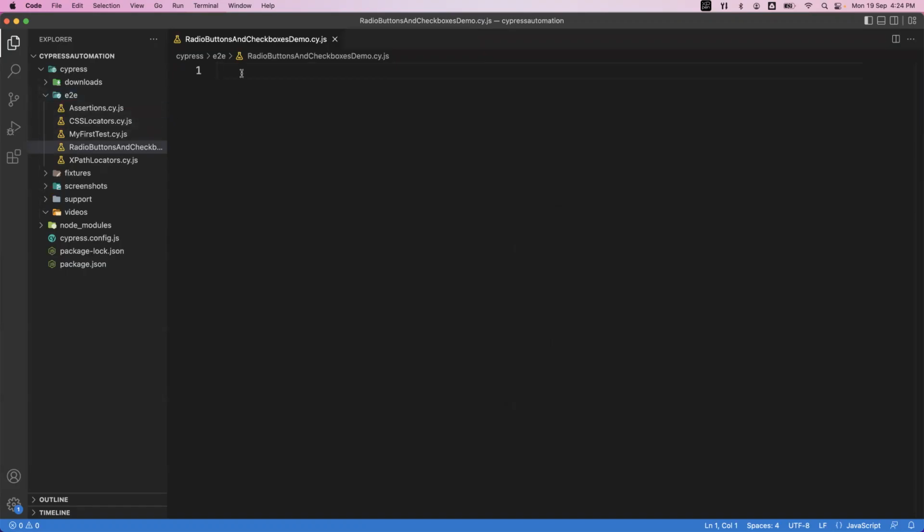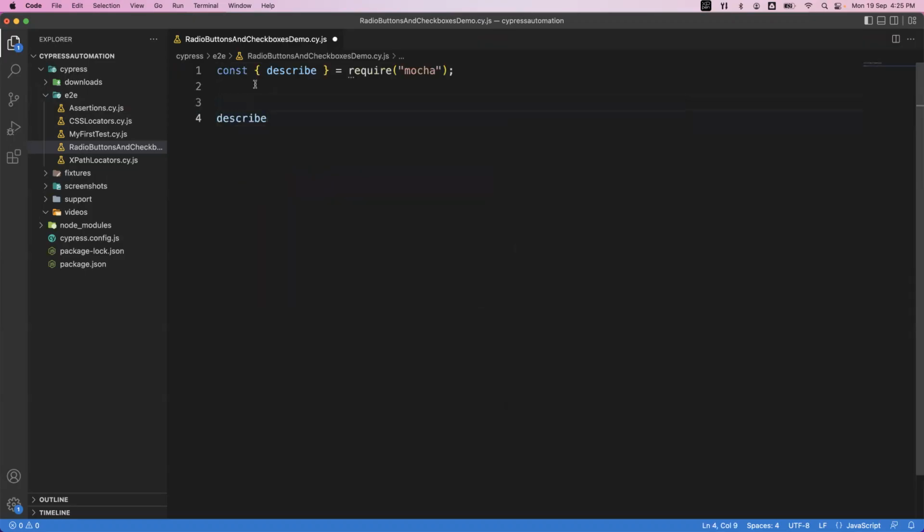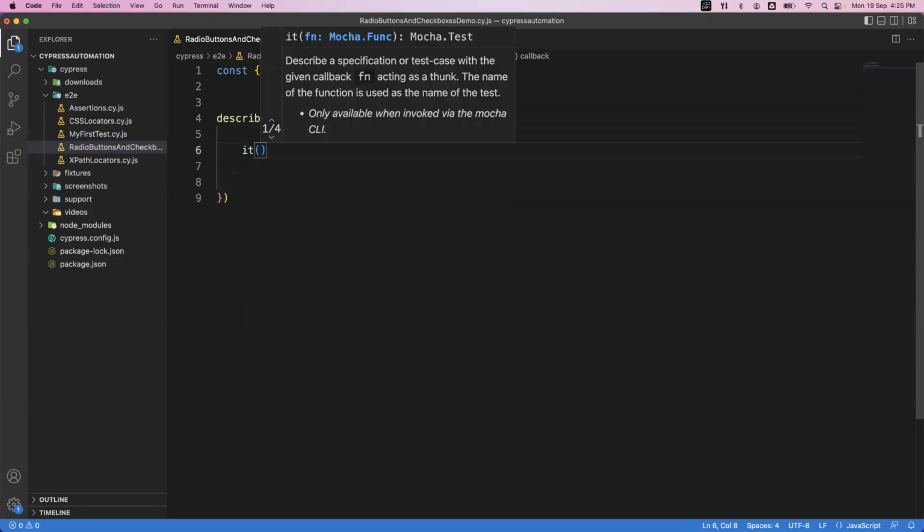As soon as you create this, first of all, we need to write our describe block. So I can simply say describe, and this is not required for now. And here I'll specify the description, and I can say check UI elements is my suite name. And here I'm writing one arrow function. Right inside this, I'm writing one it block. So I can say it, and here I can specify